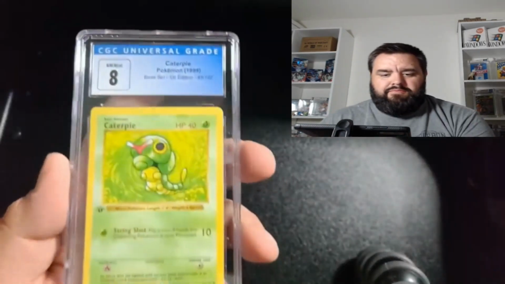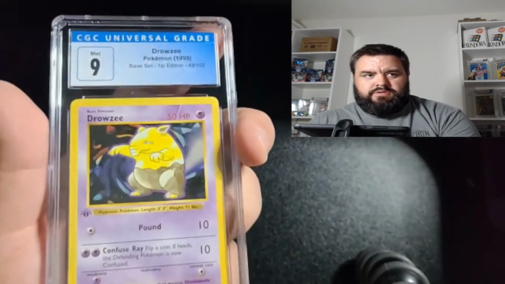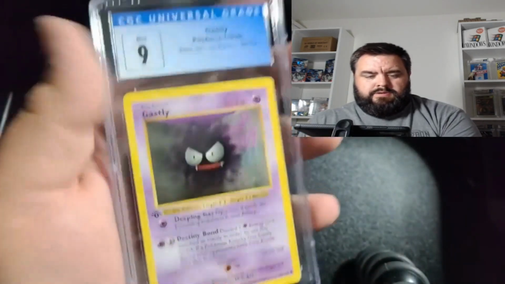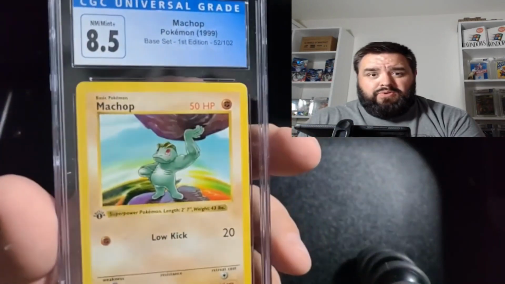This video might be a little bit longer than my average, already at almost 7 minutes, only getting through the CGC stuff. Oh, first edition base. Diglett, baby. Let's go. The duo. Got a Drowsy. Ghastly. What else? Wish there were a few holos from first ed base in there, but there are not. But I promise you, you will not want to miss what's coming in my...